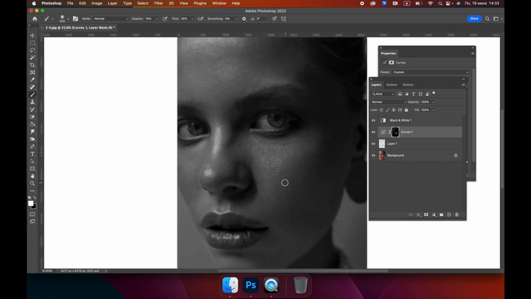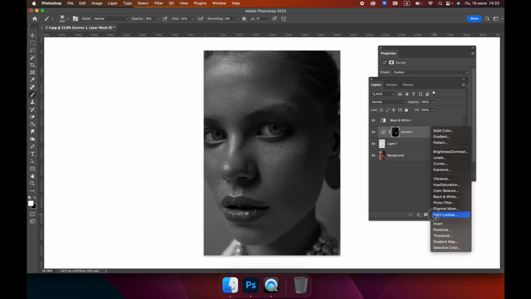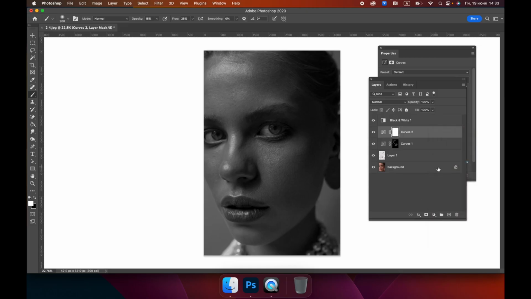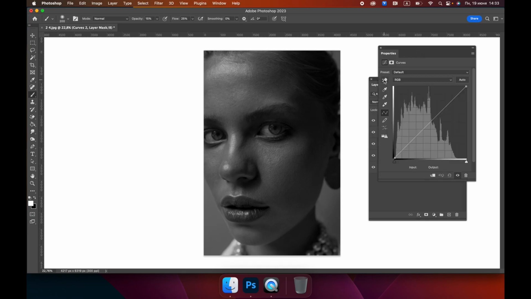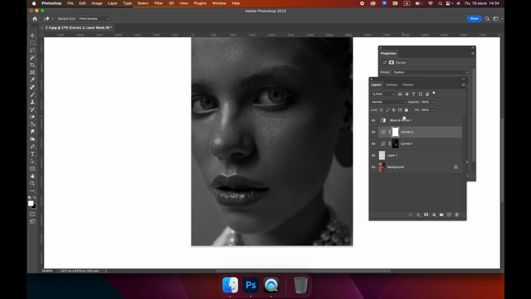So we are ready to darken the light spots, and for that we will create the next layer, new layer, curves. Here I choose my finger and take some light area that I would like to work with. For example, there are some bright spots here. Darken it. So we created a dark curve, then we press Ctrl-I on Windows or Command-I on Mac in order